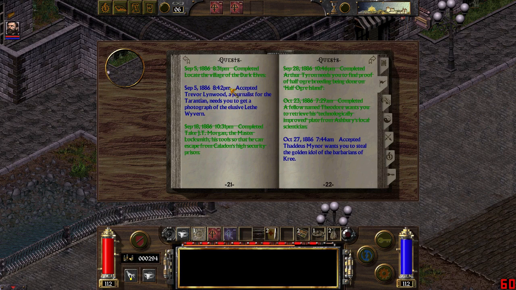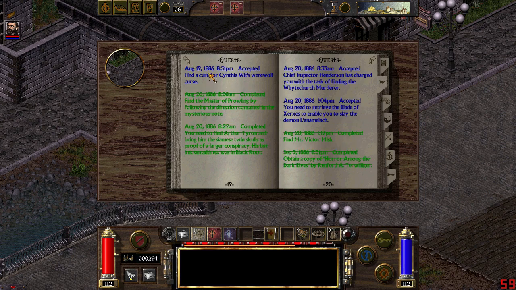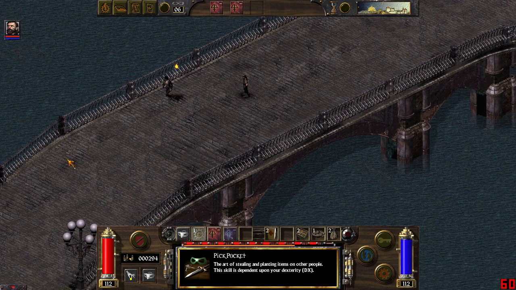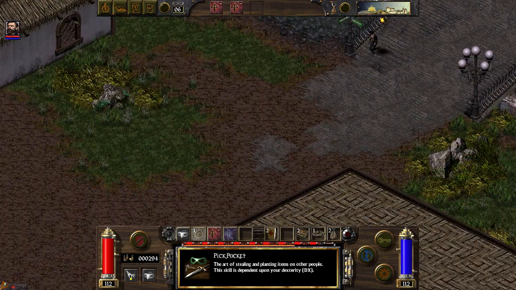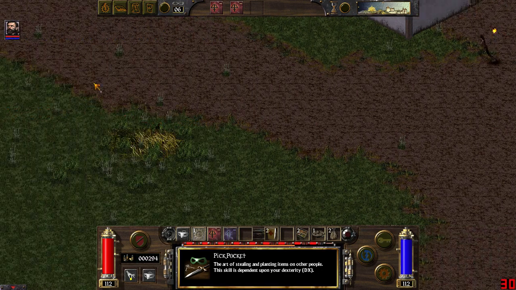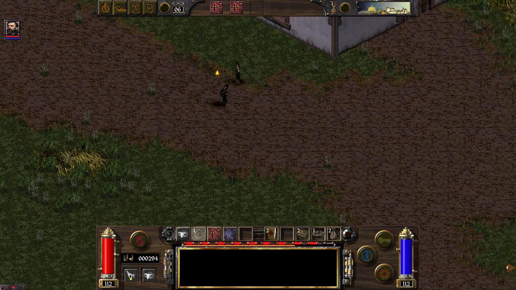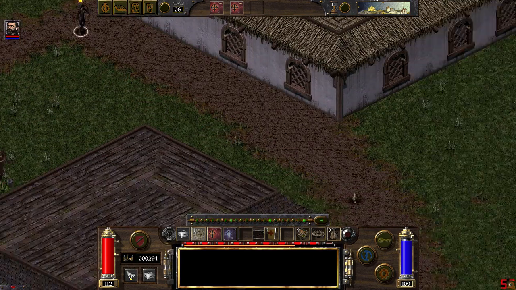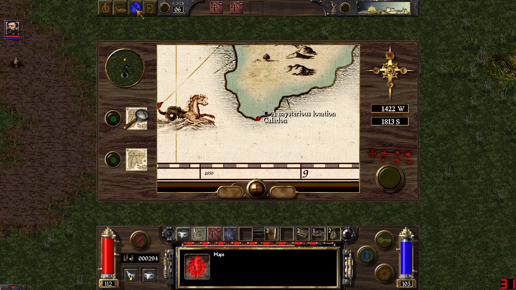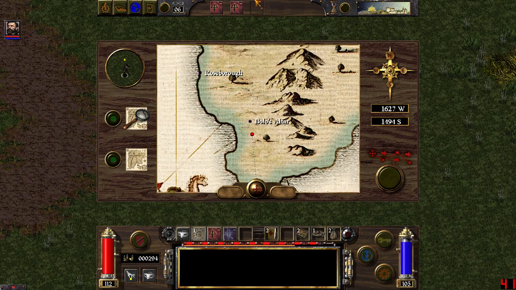Yeah, so we'll do that quest on the way through with the photograph, and we'll do. That should be all we need to worry about. We could have picked up the Blade of Xerxes quest, but it doesn't matter, we'll do that another time. I just want to get to the edge of the map. And we're going to go...